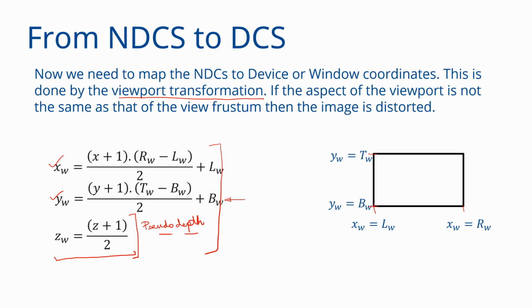So this is not the real depth value in the world between the objects, but this is the depth at the end of your modeling viewing pipeline when you are in DCS. And this is the value that you will use to pass on to a visibility algorithm that will resolve visibility for you. And that is a topic of our next lecture.